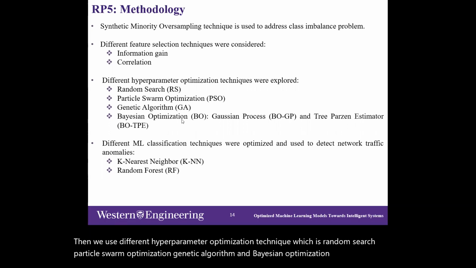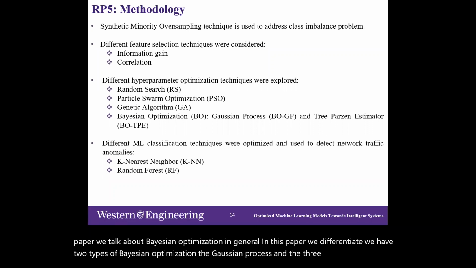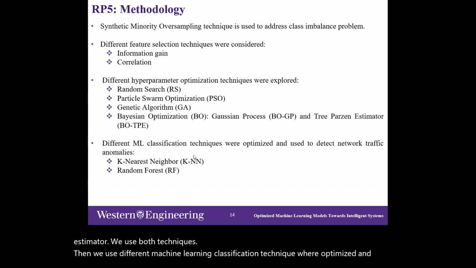And in the previous paper, we talked about Bayesian optimization in general. In this paper, we differentiate. We have two types of Bayesian optimization, the Gaussian process and the tree-Parzen estimator. We use both techniques. Then we use different machine learning classification techniques that are optimized and used to detect network anomalies,